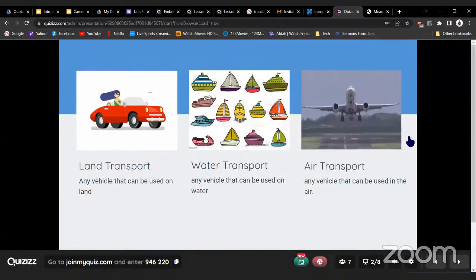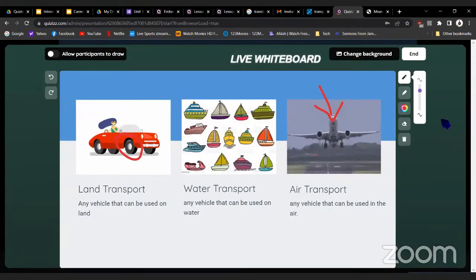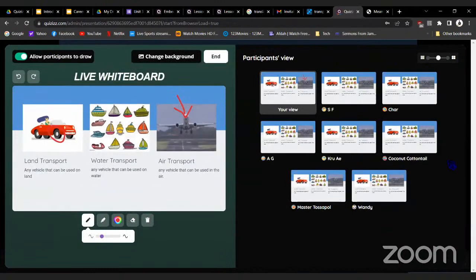And then if you turn on allow participants to draw, then on the student screen, you're going to see